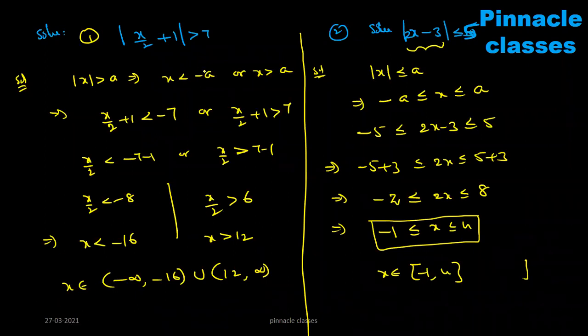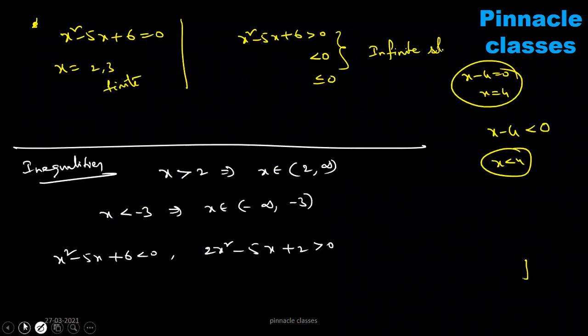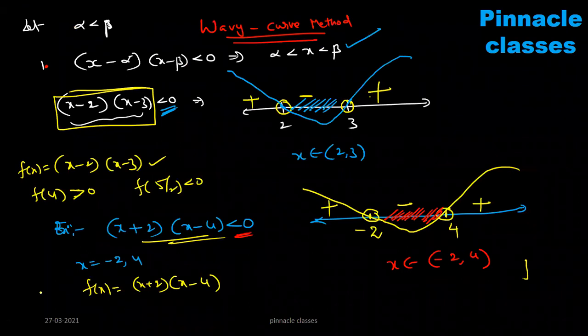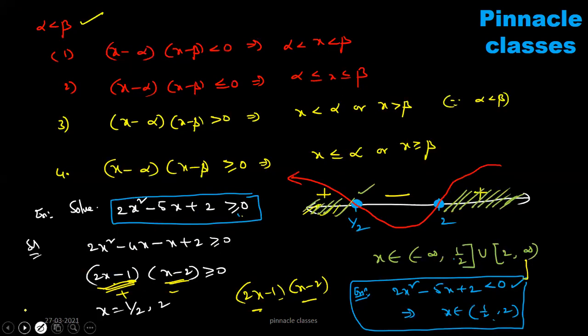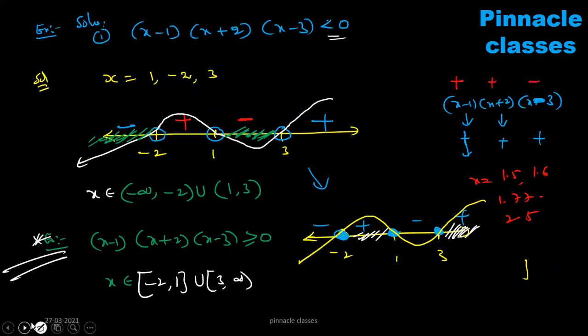So whenever you are solving these problems, write the appropriate, suitable formulas. Okay. Wavy curve method. So you can remember the formulas. Okay, no problem. Remembering formulas means it is applicable only for quadratic inequalities. Suppose there are more than two factors, like x power 100. At that time, the best method is the wavy curve method. So many examples are there.